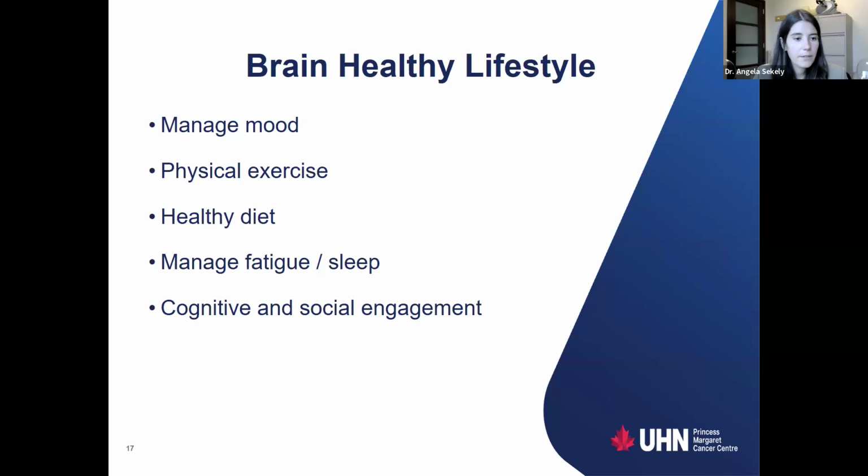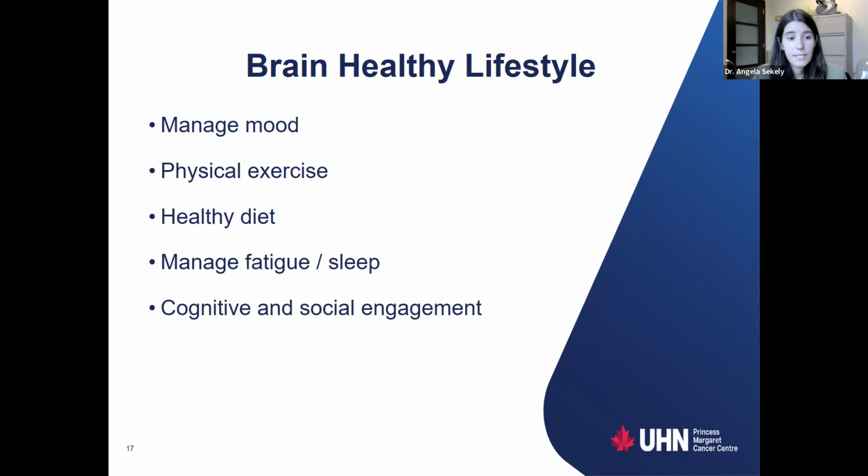And then the last point I have here is cognitive and social engagement. So remaining engaged in cognitive and social activities, participating in hobbies like puzzles or reading, arts and crafts, really anything. Your brain is like a muscle, so continuing to use that muscle, finding things that you enjoy